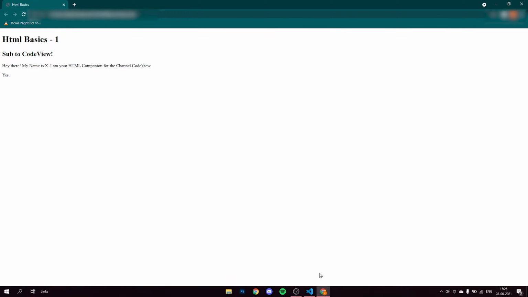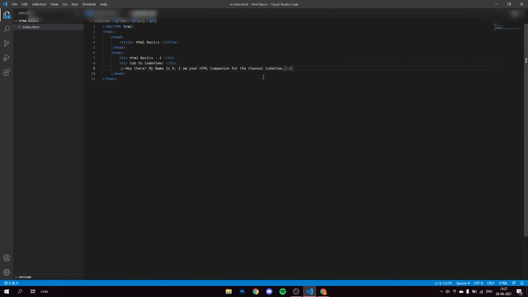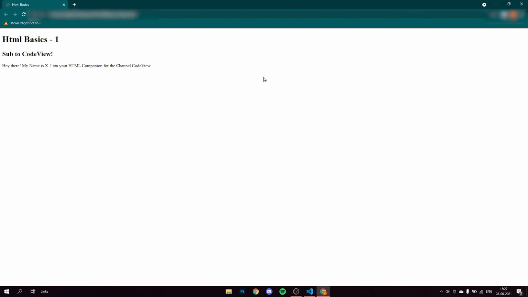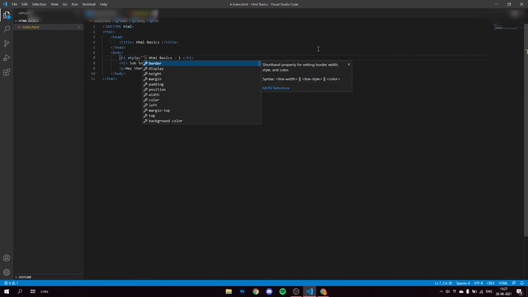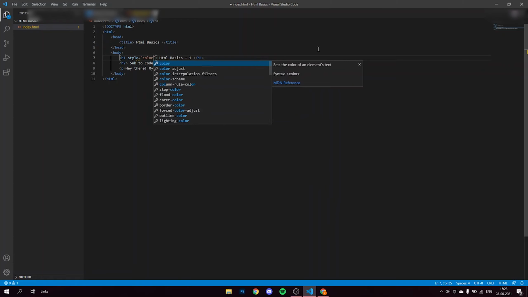Now to give it a color, what we're going to do is we are going to go back to our code. Here now inside of the opening bracket, like for example this h1 bracket, after the text h1 inside of the bracket, I'm going to type in style is equal to, sorry, I wrote a plus, sorry, so style is equal to, then inside we're going to write color,